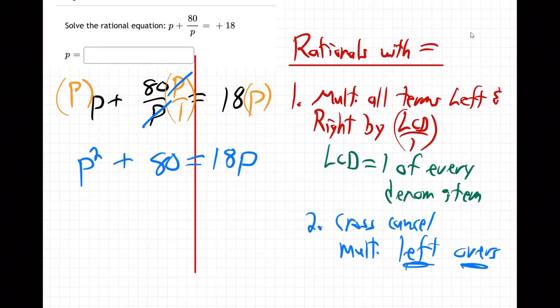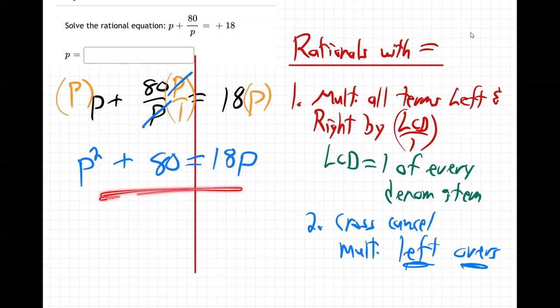Common mistake people make is they'll cancel these P's, but that's wrong. Neither one of those is under a bar, huh? You only cancel things under the bar with things above the bar, like right here in the middle. But these other guys multiply, don't they? One more time, you only cancel things above the bar with things below the bar. We know that. That's dividing, right? A fraction bar is dividing. They divide. So the P's in the middle divide, but all the other ones multiply, right?